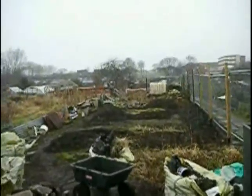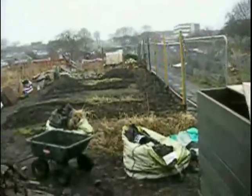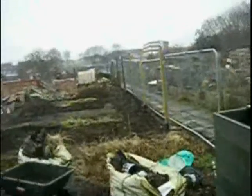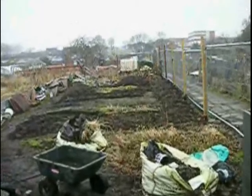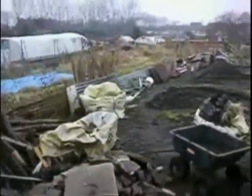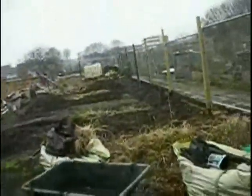This is a plot on the 30th of December 2010. Not much has gone on for the past 2 or 3 months, because the ground has been frozen. My wife has broken her Achilles heel and I've been ill. So I haven't really done much since October. We've had a very bad, if you can call it bad, frozen